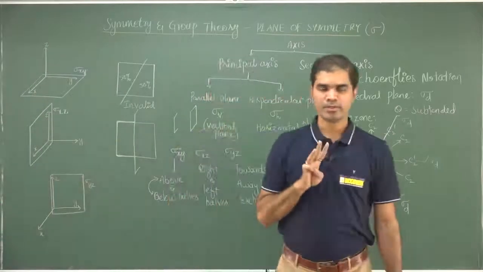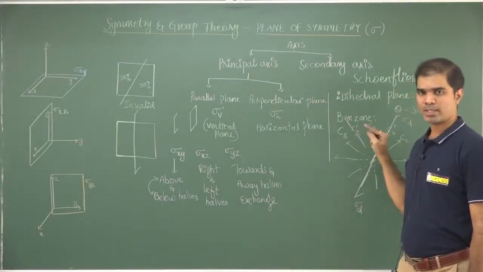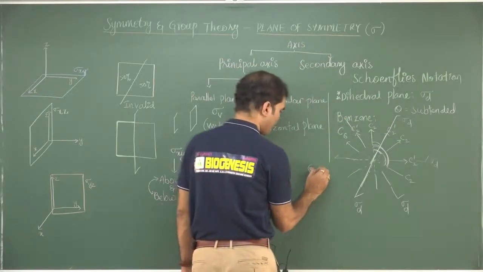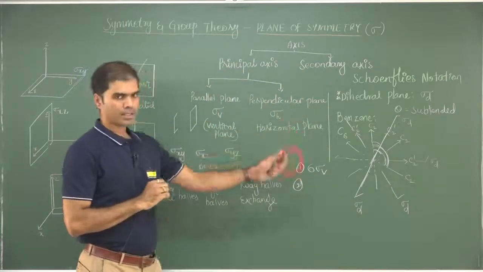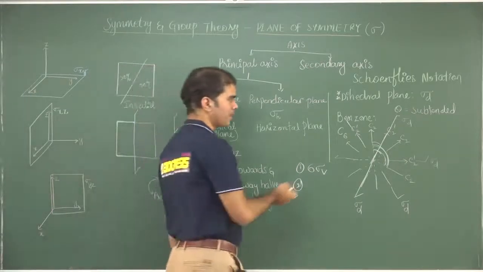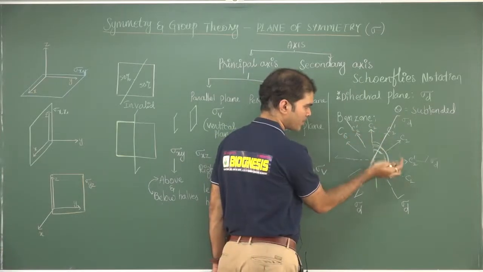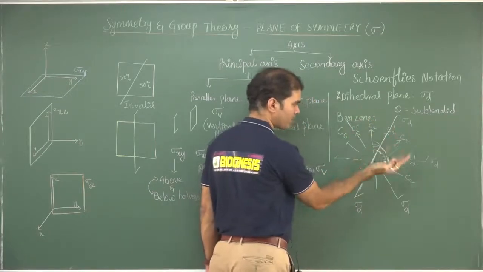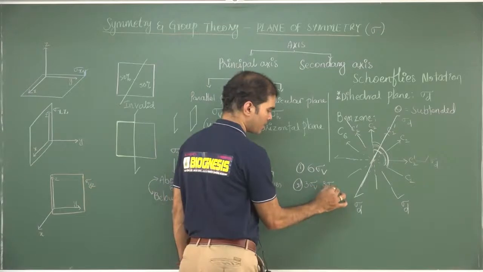Understand 3 different points. First thing, with respect to the principal axis, all these planes can be called vertical planes, because these are the planes that are parallel to the principal axis. First convention: all planes I can call 6 sigma v. Second convention: there are 6 C2s, out of which one C2 is more important than the other because it is passing through 2 carbons. So this C2 gets greater importance over C2 prime. With respect to these C2s, whatever planes we get can be called dihedral planes. The remaining ones we call vertical planes. In such a convention we have 3 sigma v and 3 sigma d.